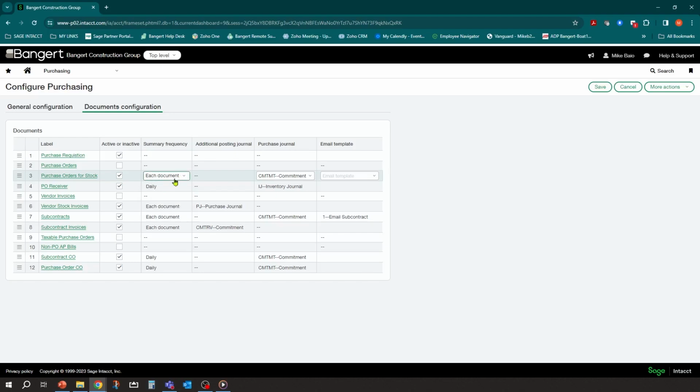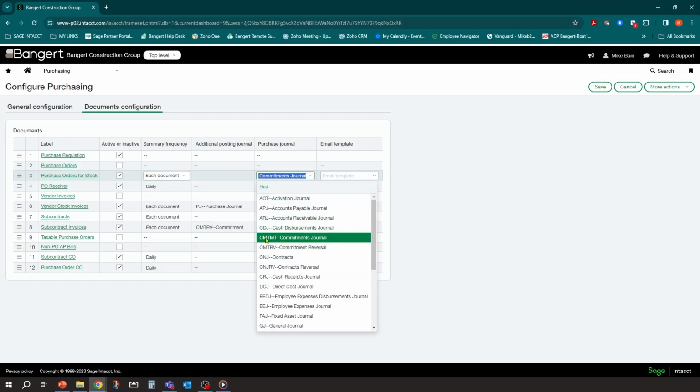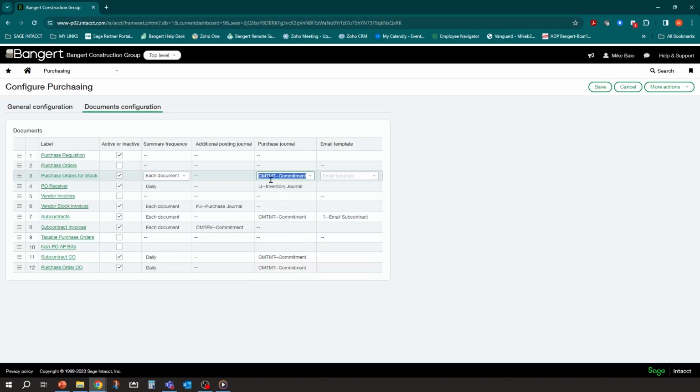So I usually recommend, as we discussed in class 4, keeping it at the lowest level possible, each document, right? You want to post by document. And if you notice, because it's an order, and there's the purchase order, it knows we're not going to post that transaction to the accrual book. We're going to post it to a purchasing journal. And we're going to link it to this journal, commitments journal, which is actually linked to a user-defined book. So that's that initial, all right, we're going to go to this book for purchase order entry.